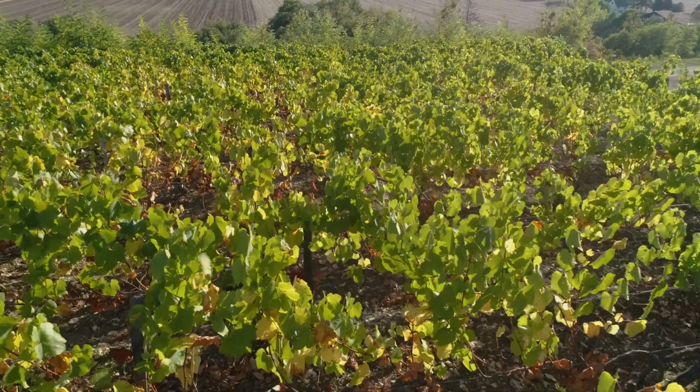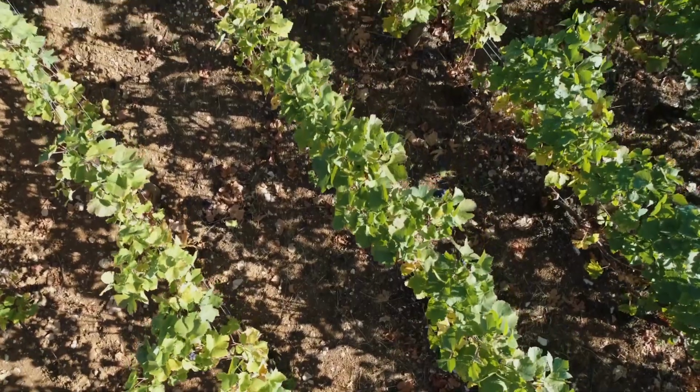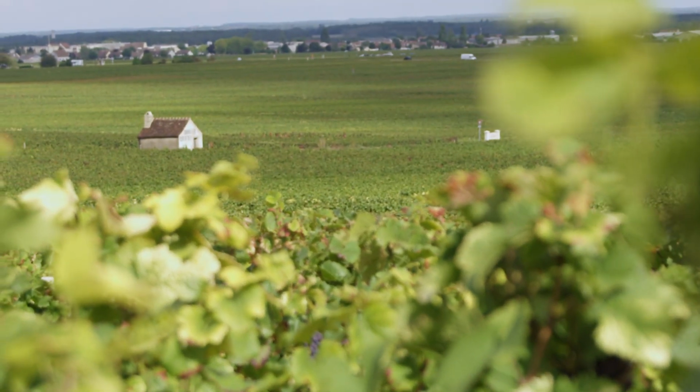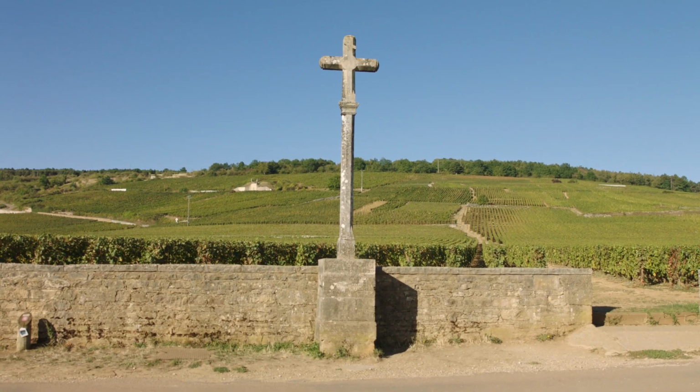What defines a Burgundy Premier Cru? This seemingly simple question actually has multiple answers, with many factors impacting how the areas of Burgundy are defined. The roots of Burgundy's classification system date as far back as the Cistercian monks, who identified the best vineyard plots